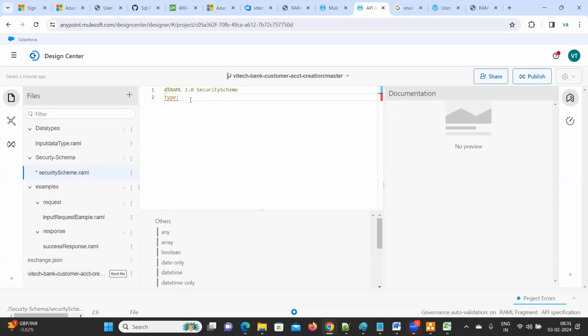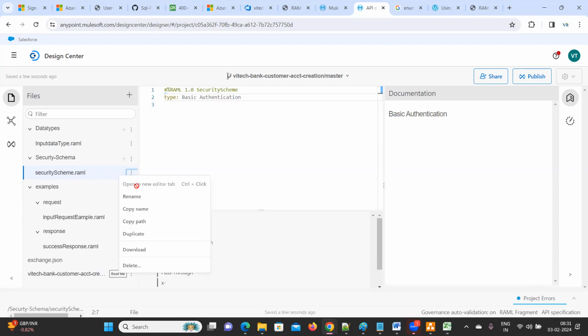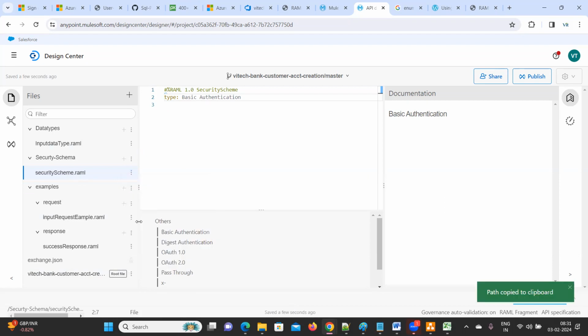See what type of security you are going to provide. That's very important. The type you need to select here is basic authentication or OAuth or JWT, something like this. As of now we are going with basic authentication. Just save this, copy path,